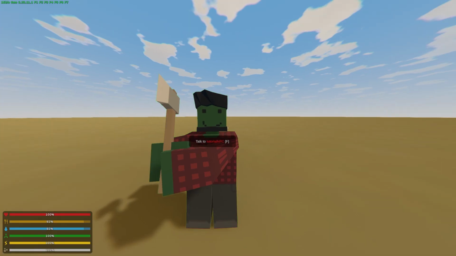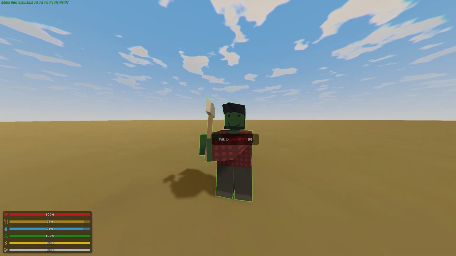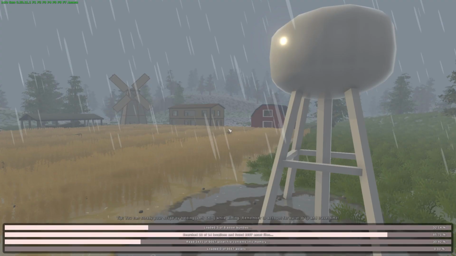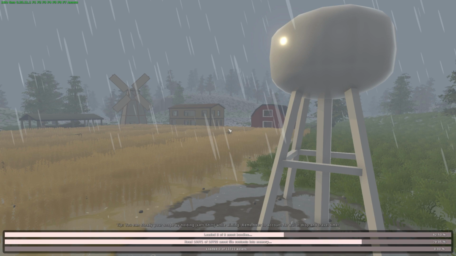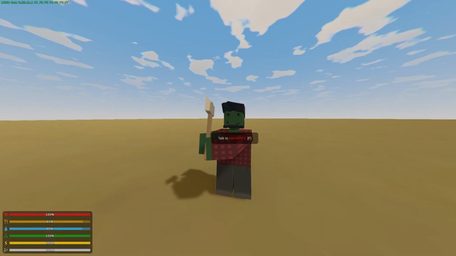And then now we're going to go back in Unturned, and we're going to press page up. Page up will reload the game, because as you can see, the NPC has not updated. Pressing page up will quickly reload the game. It'll update those files, and it's a great way if you're doing development stuff like this to not have to restart your game entirely. Alright, now that we're back in,